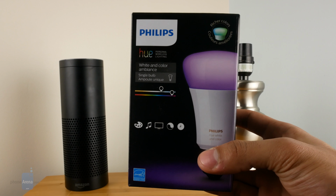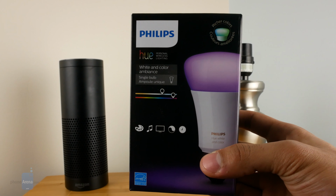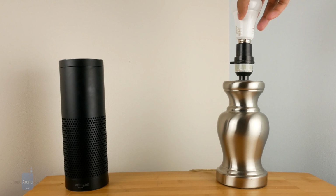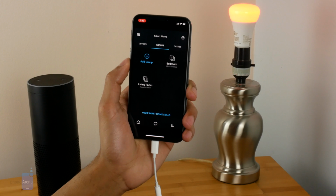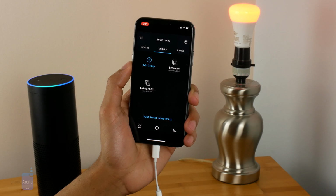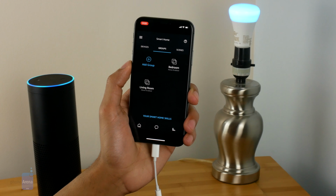Setting up the Philips Hue lights as well as any other Zigbee devices will be just as easy as well. Simply plug in whatever device it is, whether it's a light switch or a light bulb or a plug, then turn on the device and say, "Alexa, discover my devices." This is relatively the same procedure for any Zigbee-enabled plug or light. Smart locks and other things might have another extra step or two, but generally speaking, it'll be just as easy